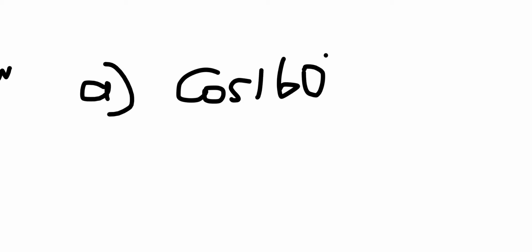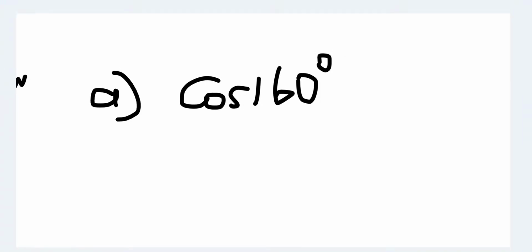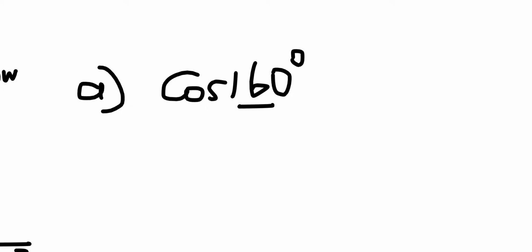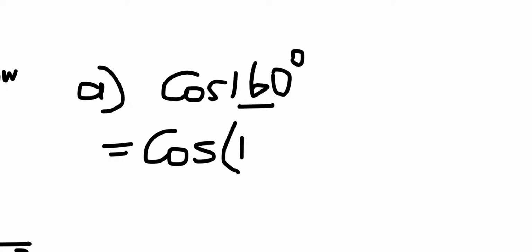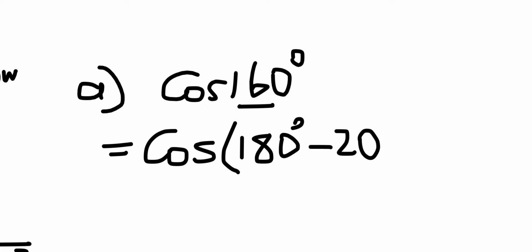So let's see. The first question, you are given cos of 160 degrees. Where is the starting point? Remember, you are given this big angle that you will need to reduce. How do we reduce it? Already I've taught you how to reduce the big angles. This one you can just easily say 180 degrees minus 20 degrees, which means this is equals to, let's see,